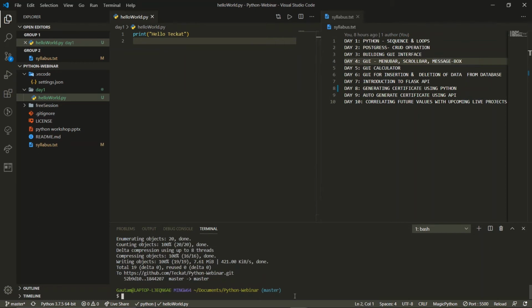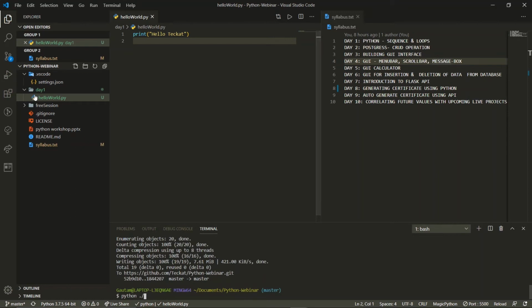After saving, we will come to the terminal part. Now you write this syntax: python space, and then the file name. To execute with the file name, we use dot slash. Dot slash means the current directory that we are using, and then we will have the file name.